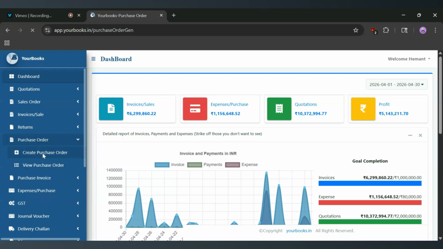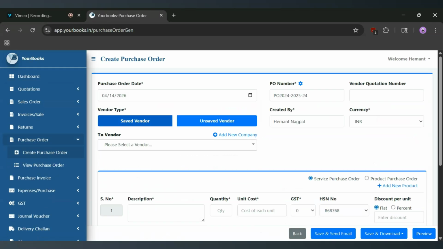In our create purchase order page, we have a form that we can fill to create a purchase order. There are a few things that are already filled like the date, the PO number, created by, and currency. You can add a vendor quotation number if you have one to your purchase order, and then you're supposed to